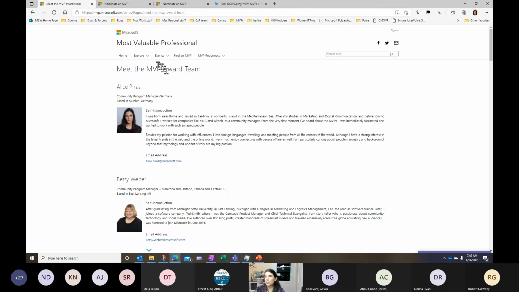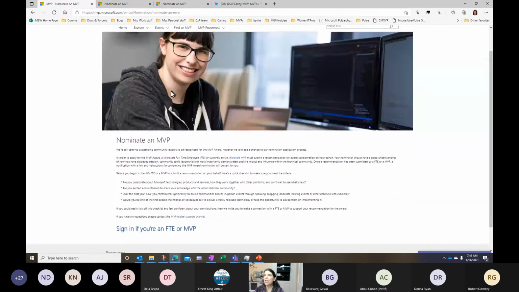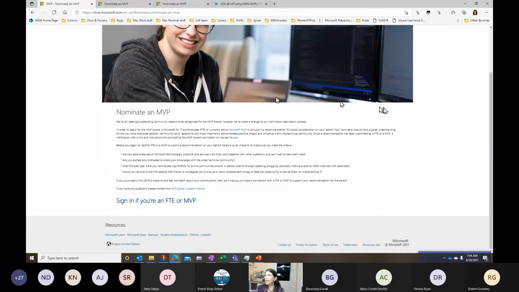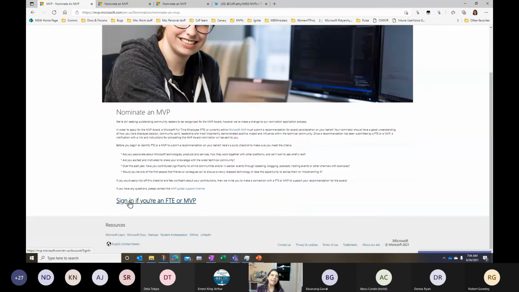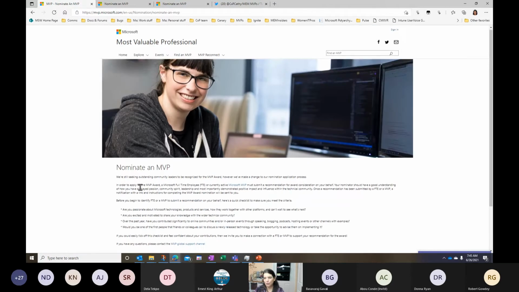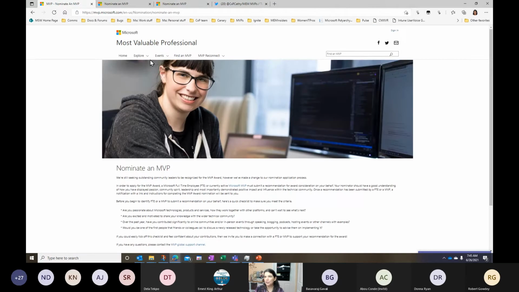The reason I mention those people is that they're really important in the whole nomination process. There is a site up here, and you have to sign in; I'm not currently showing sign in. Only Microsoft full-time employees or MVPs can nominate other MVPs. We used to have it open where you could nominate yourself or anybody could nominate anybody, but the nominations weren't always great quality, and it took way too long to go through and evaluate them because so many weren't very good. So they've tightened that up now for a couple of years.